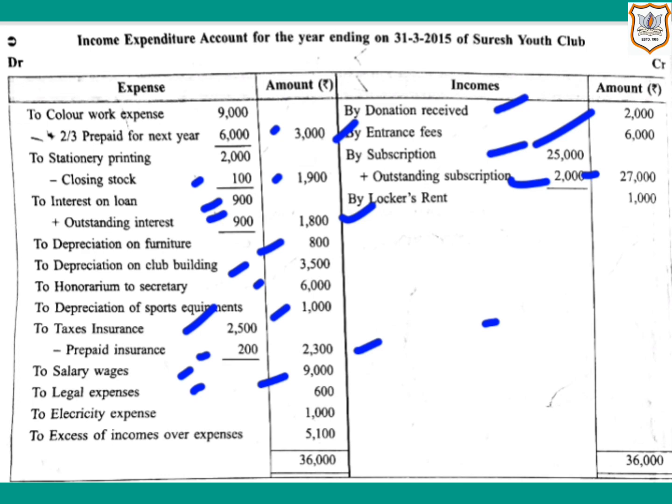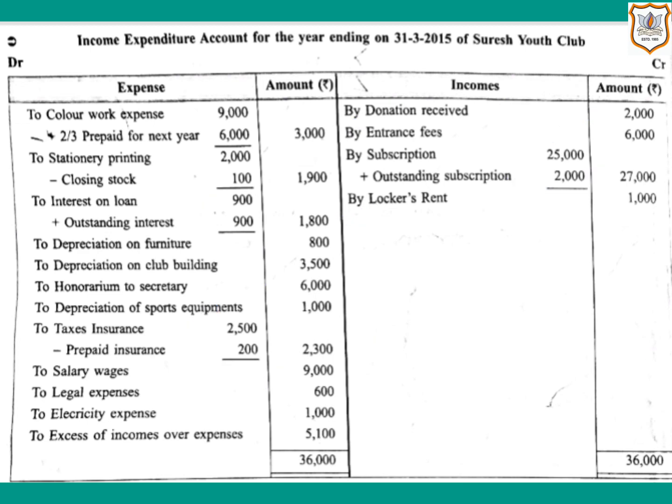Then we have electricity expense. Electricity expense is also an expense of revenue nature, so we will disclose it in the expense column. Then electric fitting is given. Electric fitting is an asset. It will not be disclosed here. Then lockers rent is given. Lockers rent is an income of revenue nature, so we will disclose it in the income column. Now if we add it, we will get